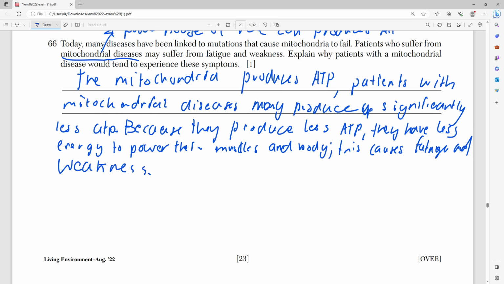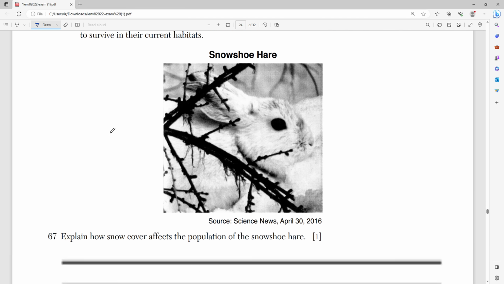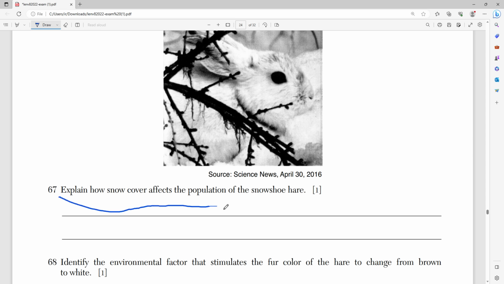Boom. Right? Because the mitochondria produces ATP, patients with mitochondrial diseases may produce less ATP, and because they produce less ATP, they have less energy to power their muscles and body, and because they have less energy to power this, they're going to be a lot more tired, weak, and fatigued. That's all. Moving on to number 67, it asks us to explain how snow coverage affects the population of the